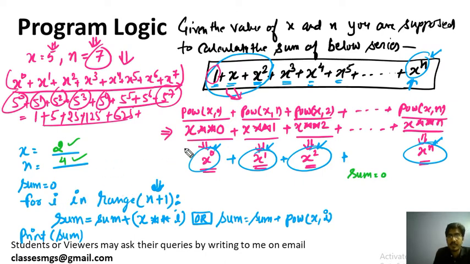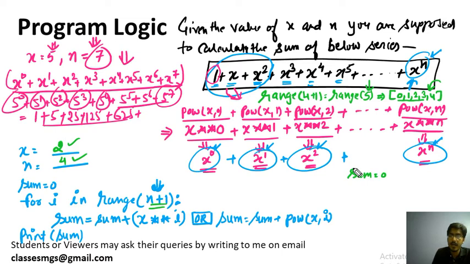Now what will this range function return? In range(n plus 1), n is 4, and 4 plus 1 is 5, so it will become range(5). Range is the Python function that returns values up to n minus 1, that is 5 minus 1, so it will return 0, 1, 2, 3, 4, up to 4. That's why I have passed n plus 1. If I had passed n only, it would go up to 3 only and our output would be wrong.